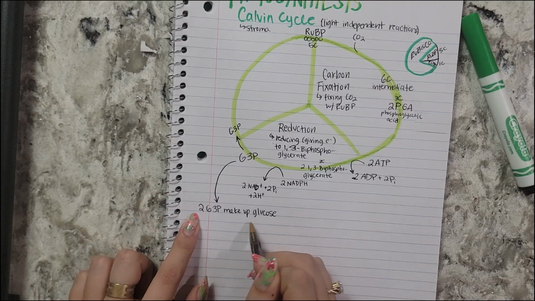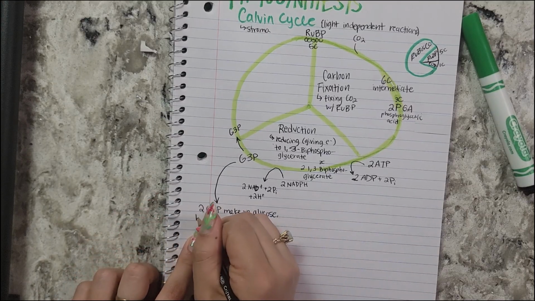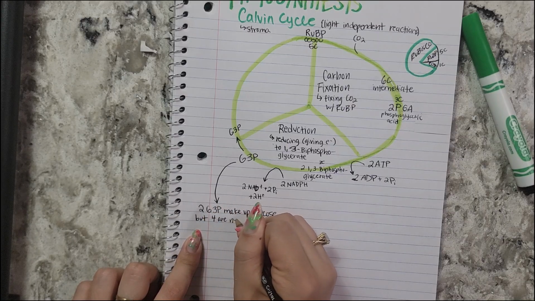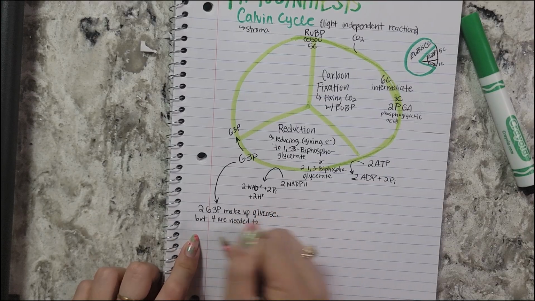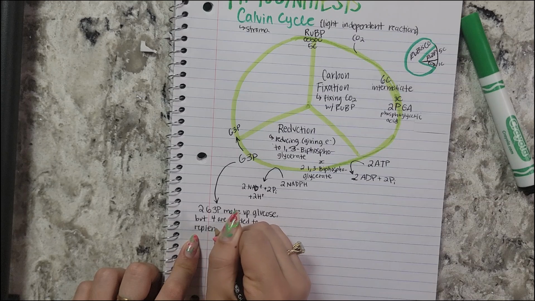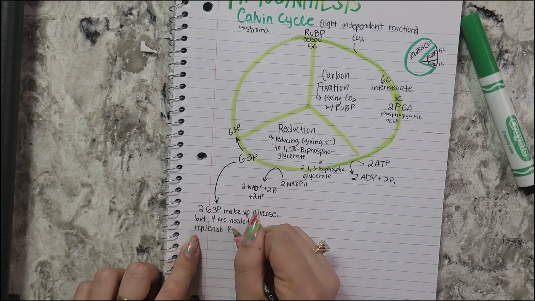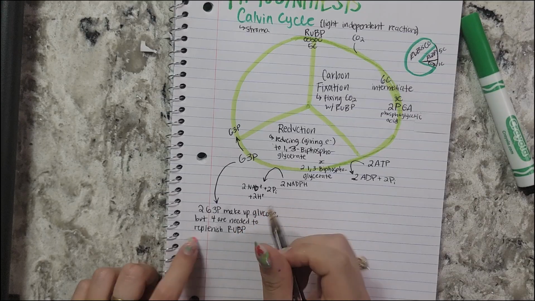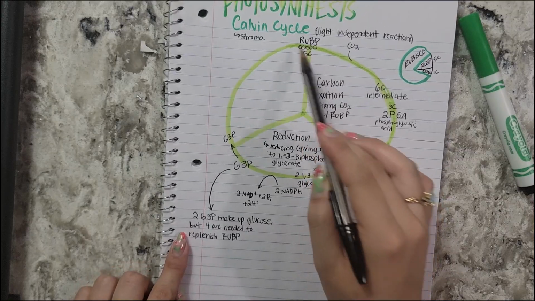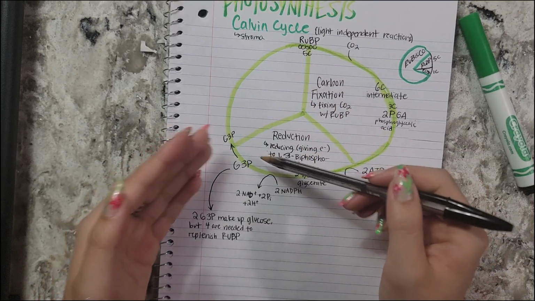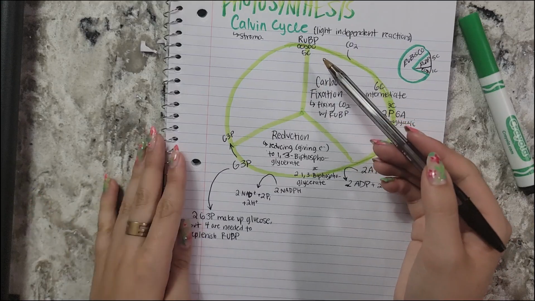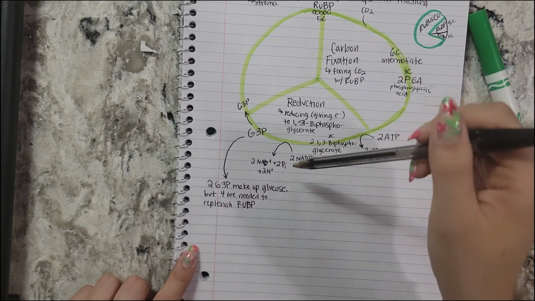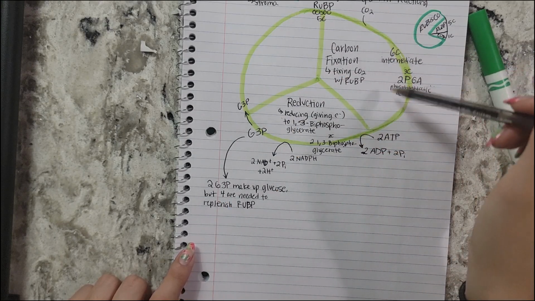So 2 G3P make up 1 glucose, but we need 4, so 4 are needed to replenish rubip. Remember, this U is not supposed to be capitalized. Pretend it's not. Remember, rubip over here, we need that for the beginning of the cycle, and if we just use our G3P and take it away, we won't have any rubip left over. So how are we gonna keep going with the cycle? So 2 G3P make up glucose, but 4 G3P are also needed to be made in this process to replenish our rubip